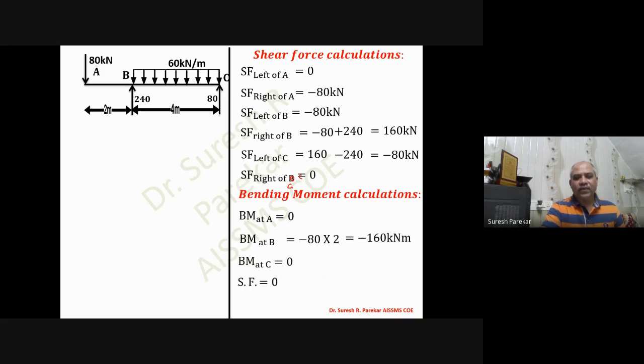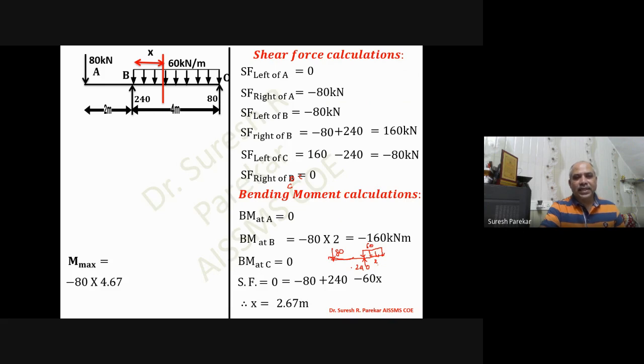Then we have to find where shear force equals 0. Let this be at a distance x from B. So we have minus 80 plus 240 minus 60 into x, because we have considered that portion only till x. So we have 80, then 240, and then x, and this will be my 60 kilonewton per meter load. That portion only, left of x, we have to consider, and therefore minus 80 plus 240 minus 60 into x equals 0. We will get x as 2.67 meter.